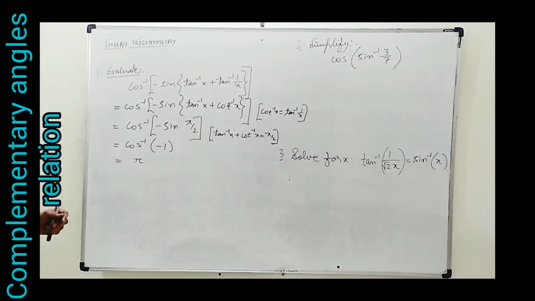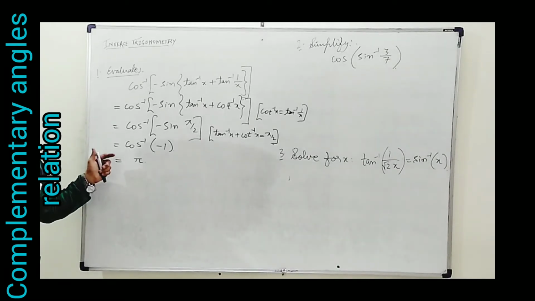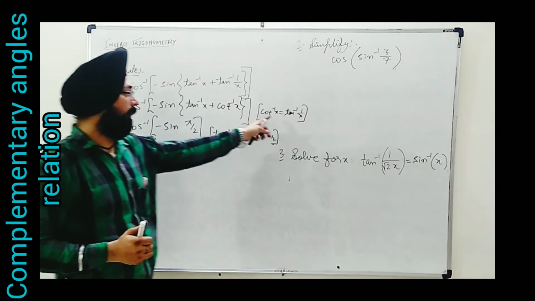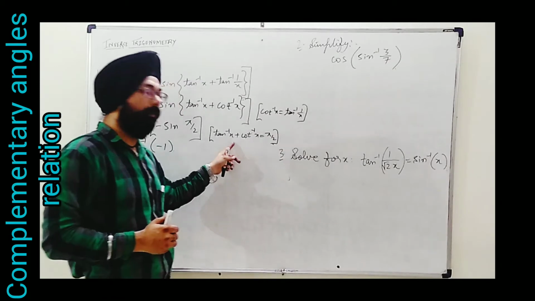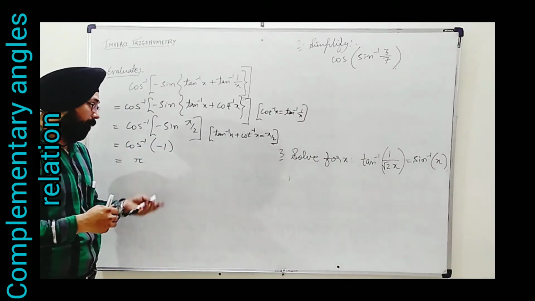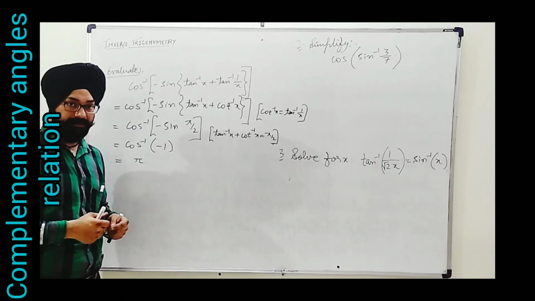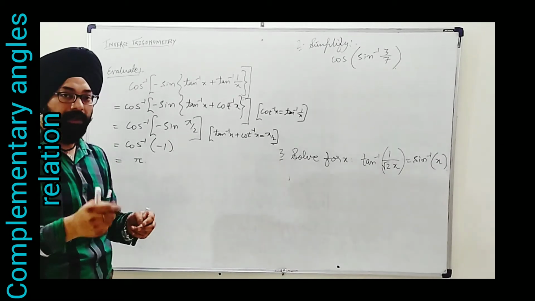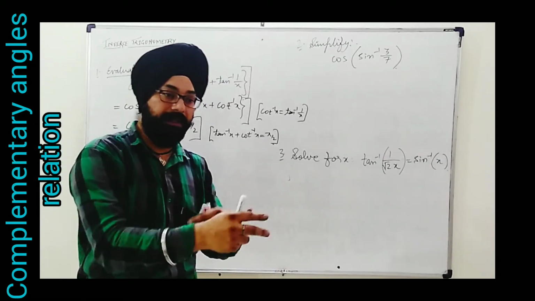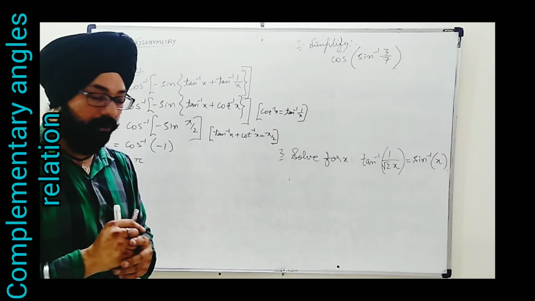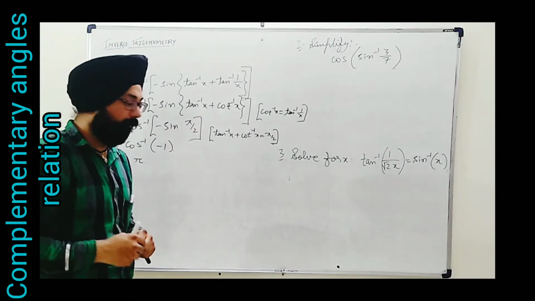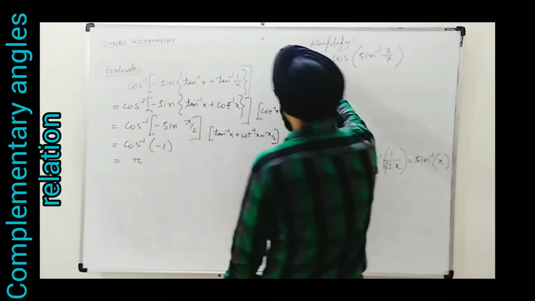Okay. So this way we have evaluated the first one, and using which identities? Here I have used a reciprocal, and in this step we have used the complementary angle relation. This way only we use the identities. It's not a compulsion that every time you are given an equation, only one identity is used. No, we can use more than one also. Now we go ahead with the next question.